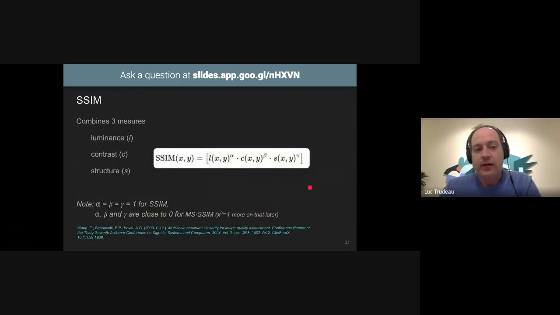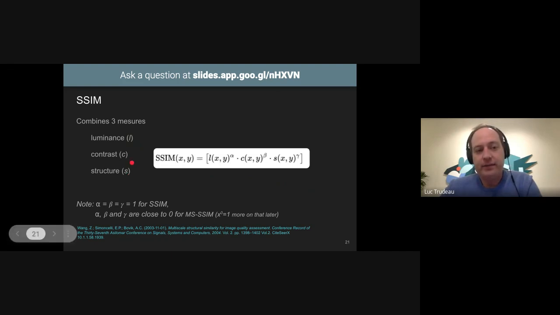So how do we actually take this into consideration? Well, we're going to look at SSIM here, because with SSIM, compared to other metrics like maybe VMAF, we can actually reason about what it does and understand it, whereas VMAF is more like a neural network, so we can only assume what it does. SSIM is interesting here because we can see the difference between a metric like PSNR and a metric like SSIM.